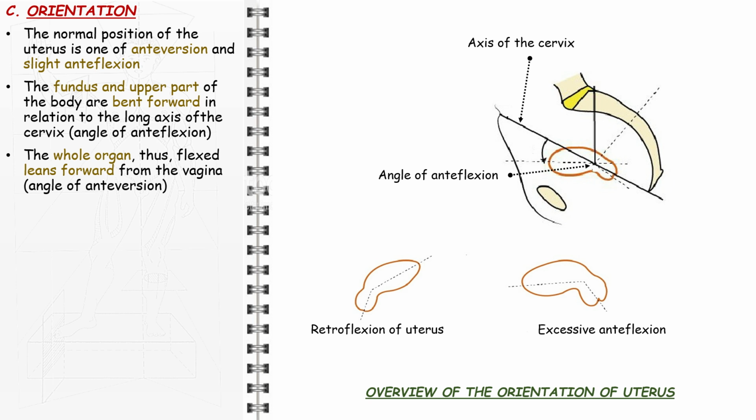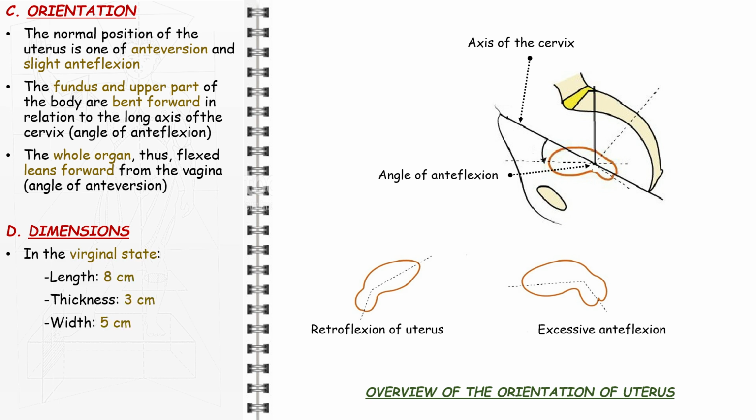In the virginal state, the uterus is 8 cm long, 5 cm large and 3 cm thick and weighs 50 grams. In the multiparous, it is 10 cm long and weighs 70 grams. Its capacity as a hollow organ is virtual and doesn't exceed 4 milliliters. The length of the uterus is greatly modified after puberty and is modeled by the corpo-cervical ratio that equals 1.5 after puberty. This ratio is reversed before puberty in infants.